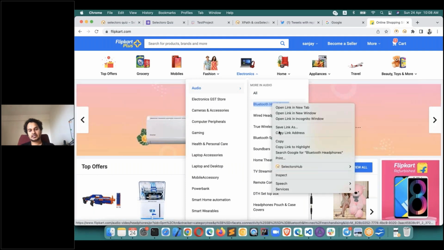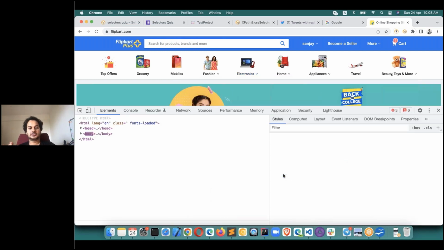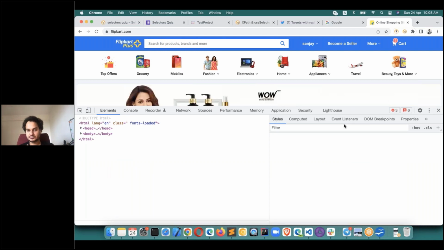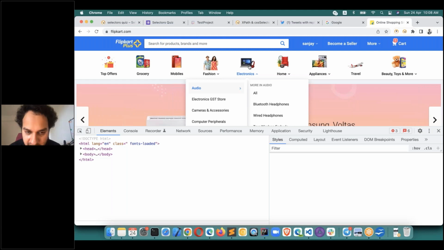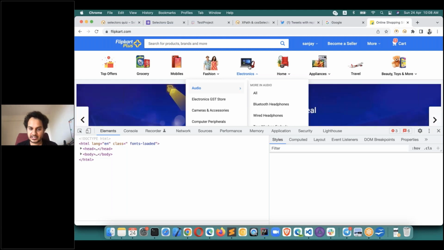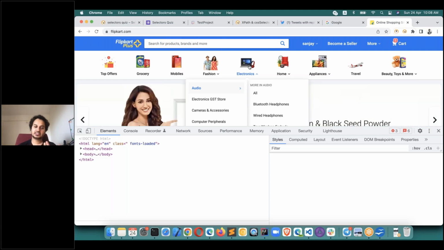Now, if I right click here and click on inspect element, to inspect this element, you see that we are not able to inspect that element because this is a dynamic dropdown. It disappears if my hover goes away from electronics. So in this case, how can we generate the selectors and how can we inspect this element? So in this kind of situation,